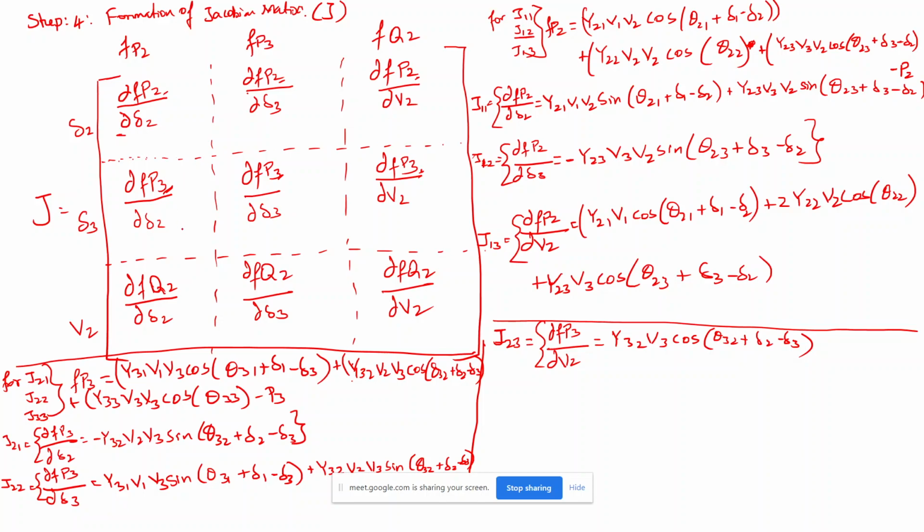So we got up to 6 element values, and we derived them just by differentiating. So the Jacobian matrix is nothing but you first fill the values and then differentiate for first order, then you will get the values. And what else do we need to find out? These 3 components are from which equation? These 3 are from equation Q2, right? So what is the Q equation here? Can I move to the next page?